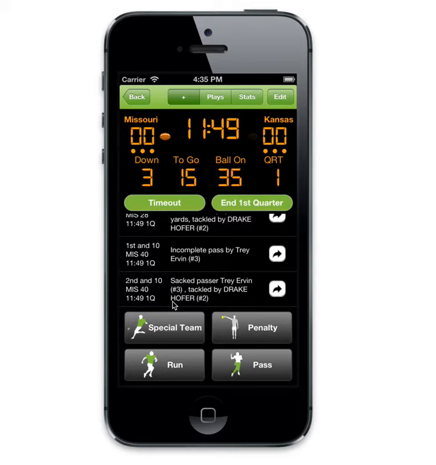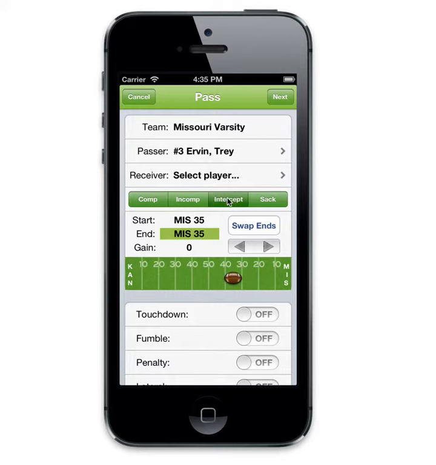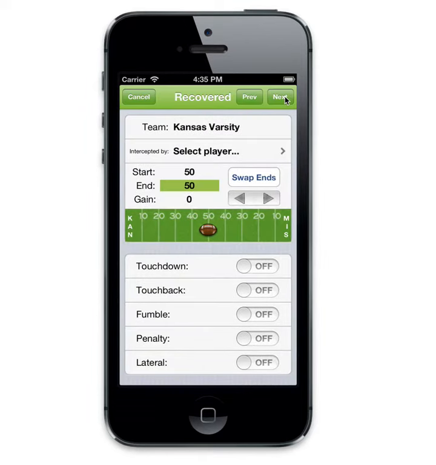So let's say on 3rd and 15, my quarterback drops back and throws an interception. Well, here's how that's going to work. It's going to be very similar to a kickoff. So I select pass, I select interception. Once again, it will automatically take the receiver out, but if you're keeping targets, you can put that in there. Let's just say the ball was thrown to the 50-yard line, and that's where it was intercepted. I'm going to drag the football to the 50,